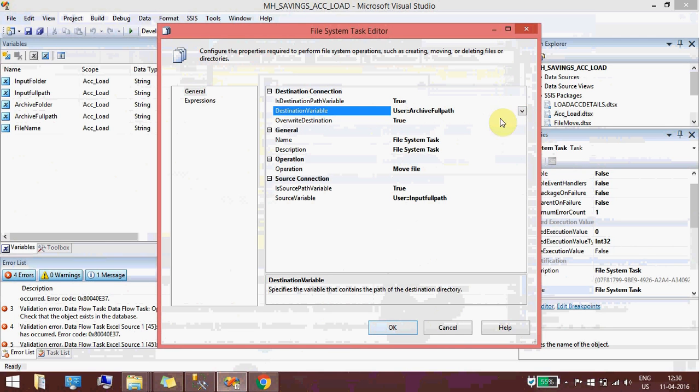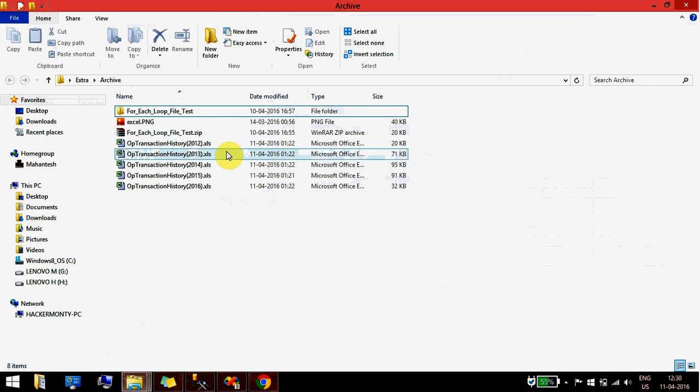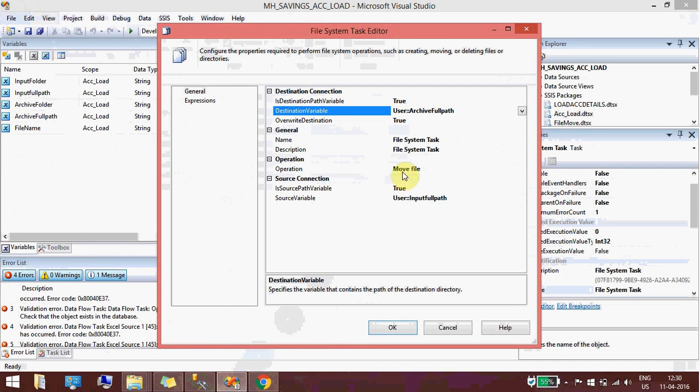And this is your destination. I have selected the archive full path. This is the input file, and you can override the destination. Like if my file is there here, and you want to copy once again, if you want to move the file to the same location, it's overwriting the destination files.